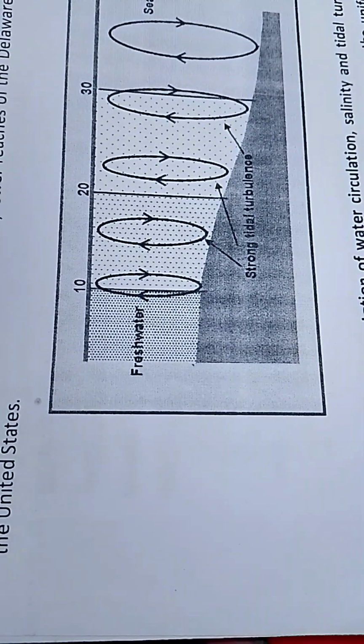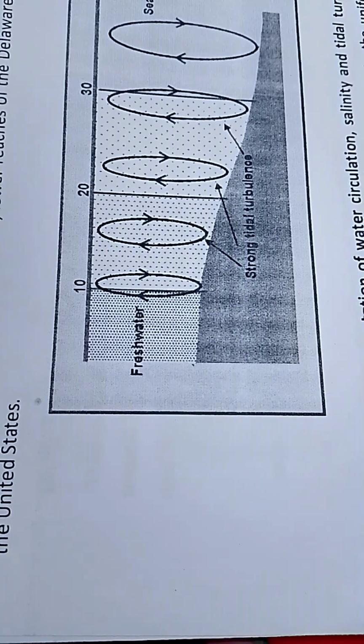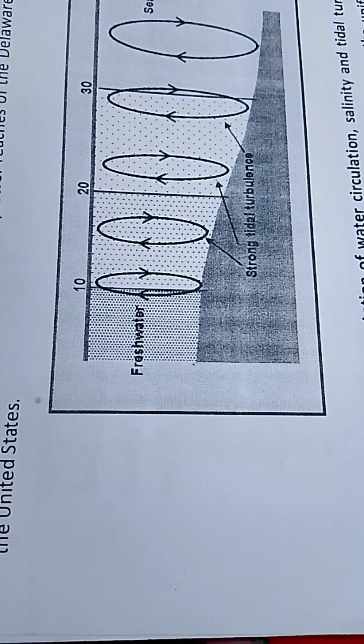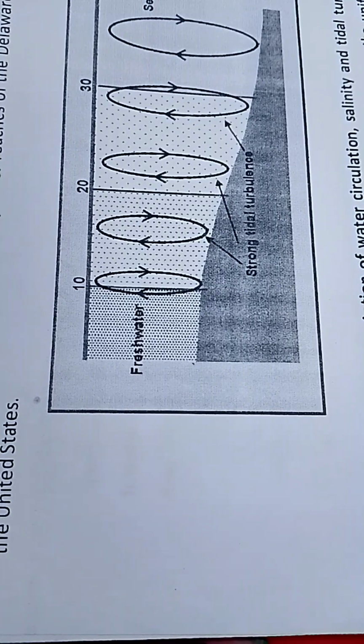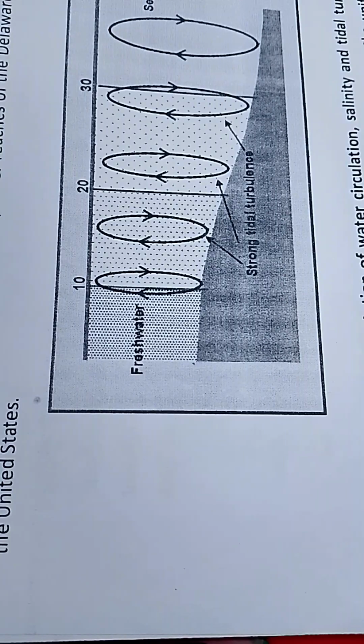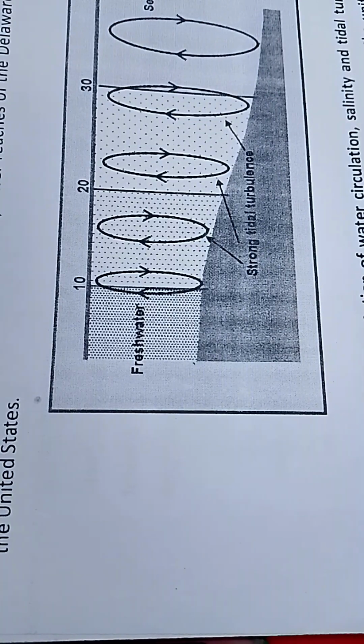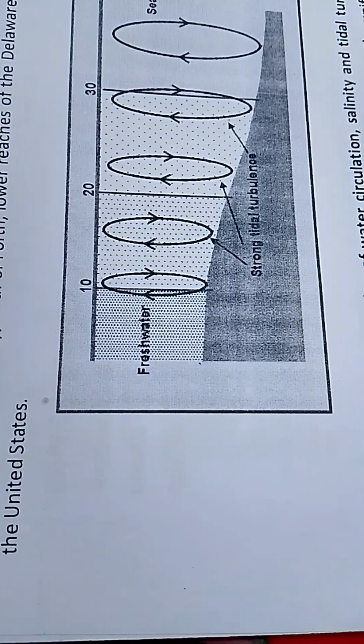The completely mixed or well mixed or vertically homogeneous estuary. The tidal action is strongly dominant. The water tends to be well mixed from top to bottom and the salinity relatively high. Example: Severn Estuary, Firth of Forth, lower reaches of